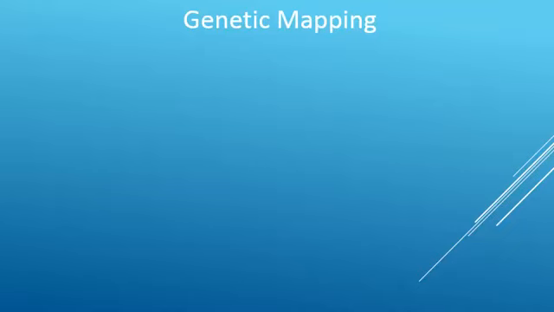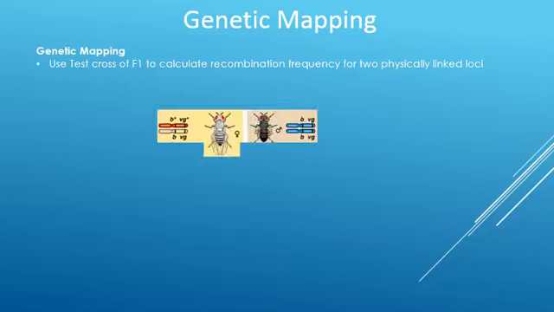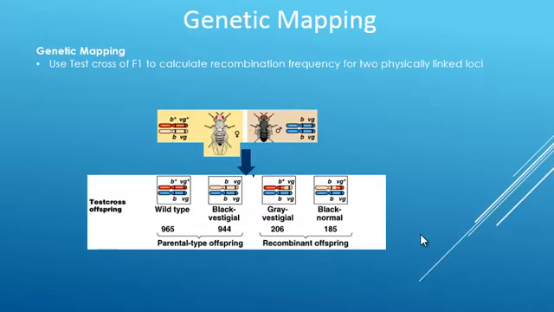So we can use the results of physical linkage then to do some genetic mapping. In this case, we can do genetic mapping by using test crosses of the F1 back against recessive homozygotes to calculate recombination frequencies for 2 physically linked loci. So for example, in the case where we had the F1s for the black and vestigial winged mutant versus the wild type, the F1s could be back crossed against the double homozygous recessive mutant and produce some offspring, and